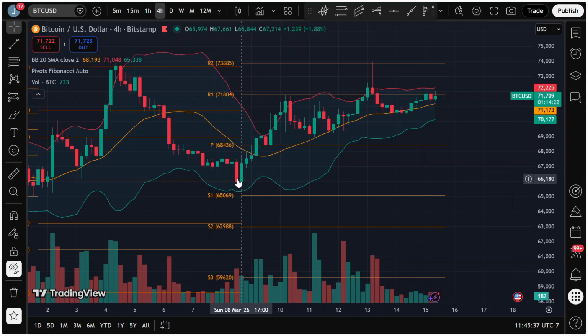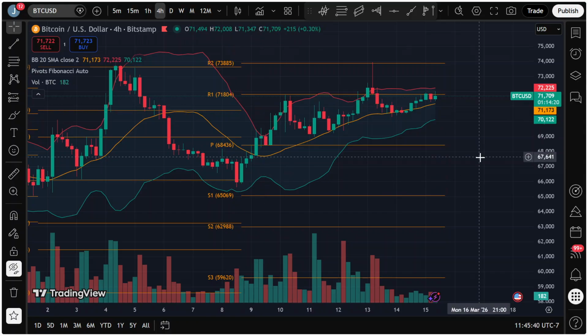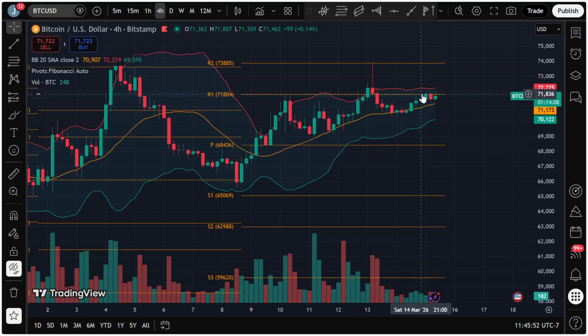Anyways, that would have been the best long that we have at the moment. We're currently waiting for another one. There is a possibility that we break below this 4-hour SMA, again, depending on where we close for the day. We still got another 4 or 5 hours before the close today. We are still in bullish region, but if for whatever reason we need to see a breakdown, we could see an interaction with the Bollinger Band right at around 70.2K, which is probably going to be a good short-term entry for a long. I'm not really sure if I believe that won't be broken again.